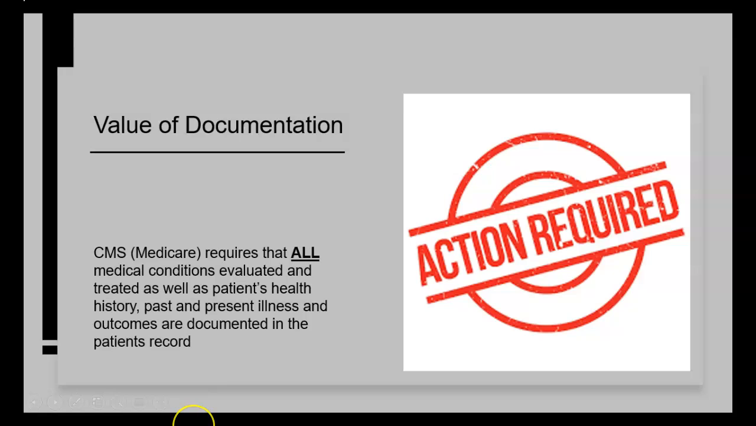The value of documentation. CMS, or the Centers for Medicare and Medicaid Services, requires that all medical conditions evaluated and treated, as well as patient's health history, past and present illness, and outcomes are documented in the patient record. So these are just requirements for all medical records, specifically. Conditions, or why is it that you're working with that client, and any health history or social history, past or present illness and/or past and/or present issues and problems. Outcomes are to be treatment plans, and ultimately outcomes or evaluation of outcomes need to be